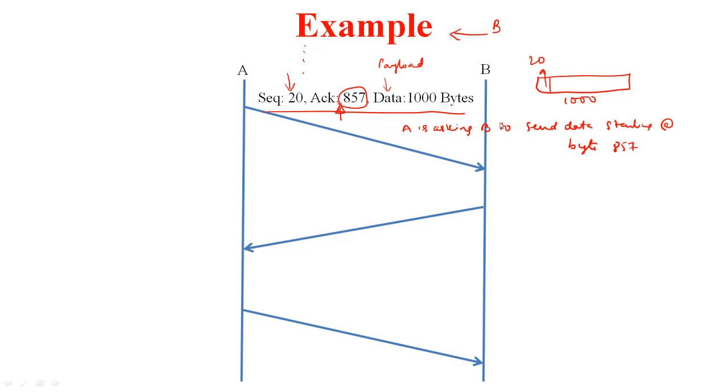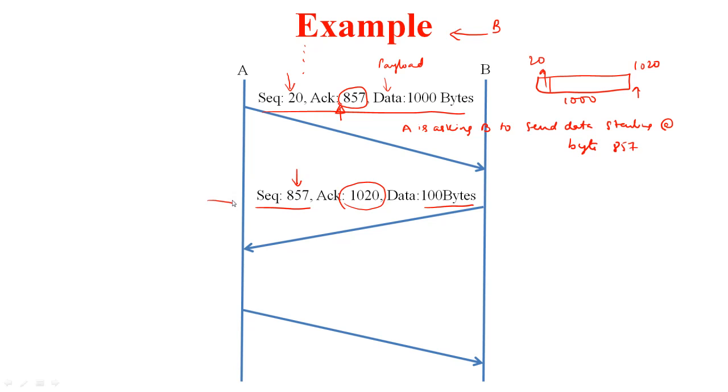So in response to this segment, B is now going to send a segment. So this is the segment that it sends. Since it is asking for 857, so this segment starts at 857. And this segment, the payload in this is 100 bytes. And see this acknowledgement. It is acknowledging this segment, whereby because this byte starts at 20, this is of 1000 bytes long, it is now asking for this byte, which is 1020. So that is how the acknowledgements work.